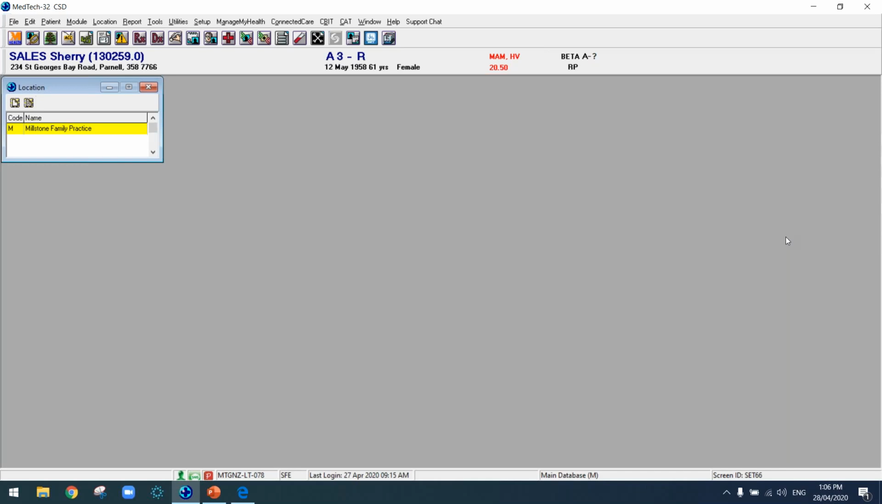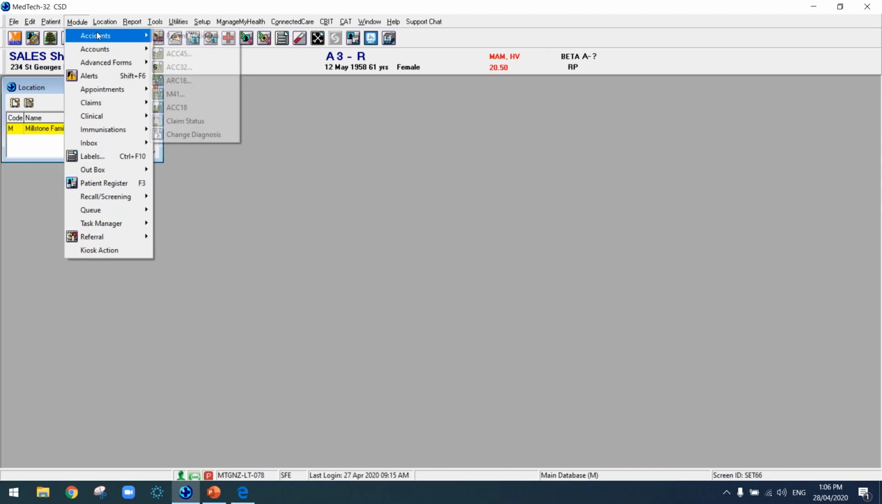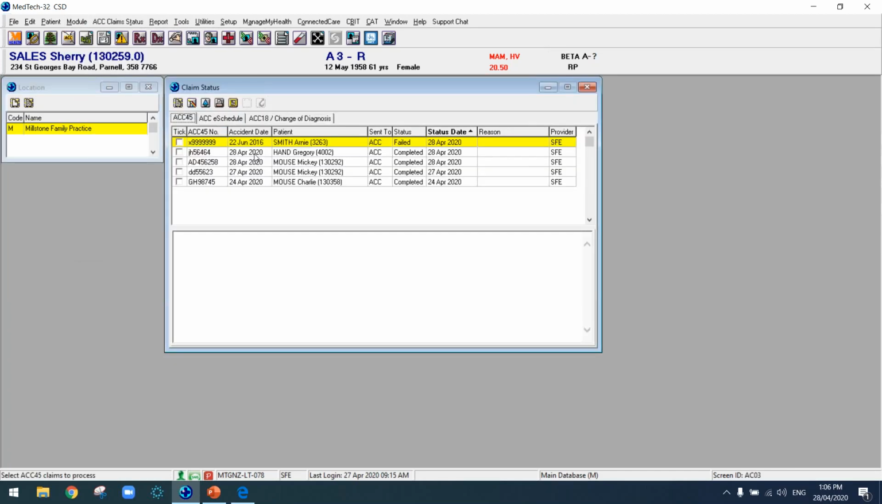Another one for you, Prashant. How do you resend a failed ACC45 form? Under accidents, if you go to the claim status screen, it will tell you exactly what happened to your form. If the form has failed, then you can resubmit it again. The only thing is you need to ensure that this is again